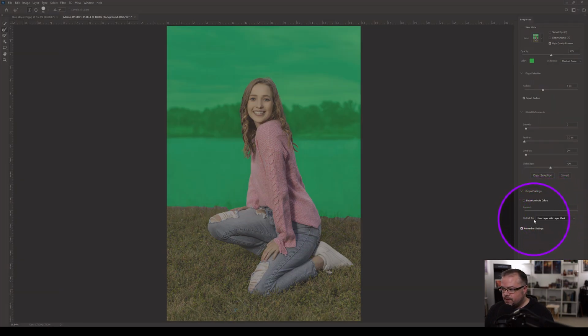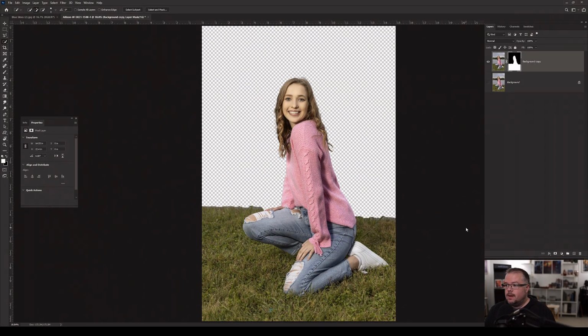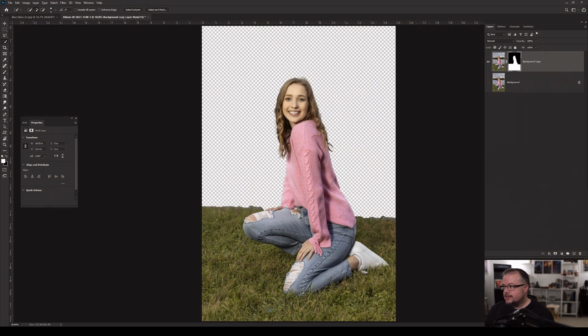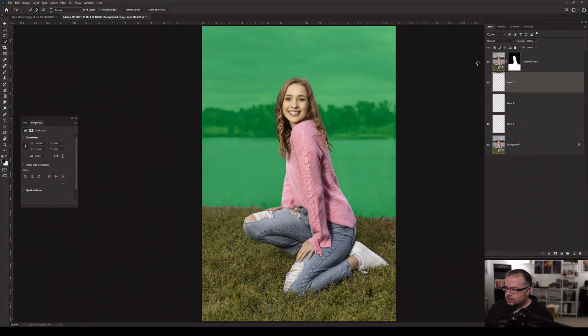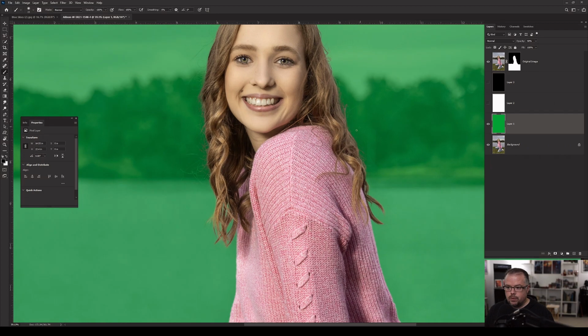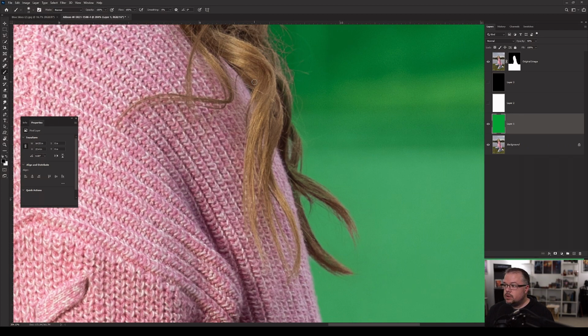So here at the bottom for the output, it's going to output to a new layer with a layer mask once I hit OK. Then when we go back into Photoshop, we have our second layer with our layer mask, and she's been extracted. So I'm going to run a quick little action called Mask Cleanup that populates these 3 different layers into the layer stack. This one filled with green, and the opacity has been set to 58% so that we can see back and through to the original background layer. This is similar to what the Select and Mask dialog was just doing, so that when I start painting on the mask by hand to recover everything, it's going to give me that view as we saw in Select and